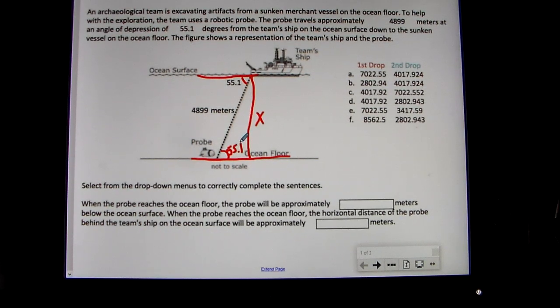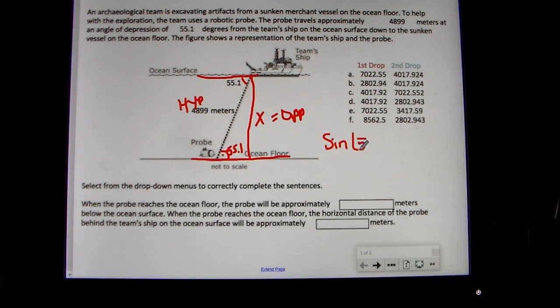Now, we have to also use the trigonometry that we've been learning about, where from this angle, from our reference angle, this is our starting angle right here, 55.1, the x is the opposite. I call it OPP, for opposite. The 4899, that is our hypotenuse. So we have opposite and hypotenuse. Now opposite and hypotenuse, as you already know, that's sine. So sine